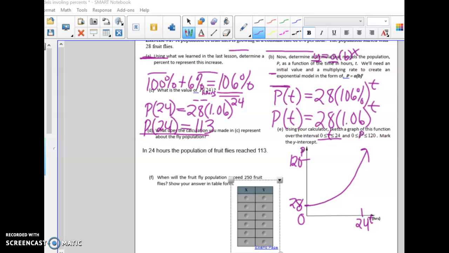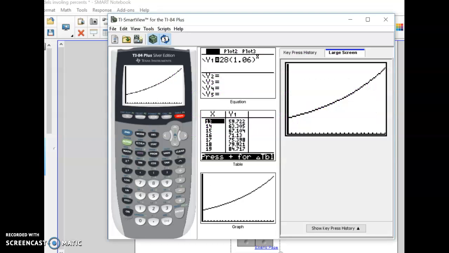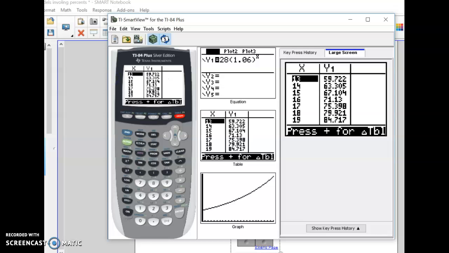Do this by looking at the table in the calculator. So press second table and it will pull up all of the x values and all of the y values. Now we want to exceed 250. At 13 I'm at 59 and at 14 I'm at 63, so I've got to go down a